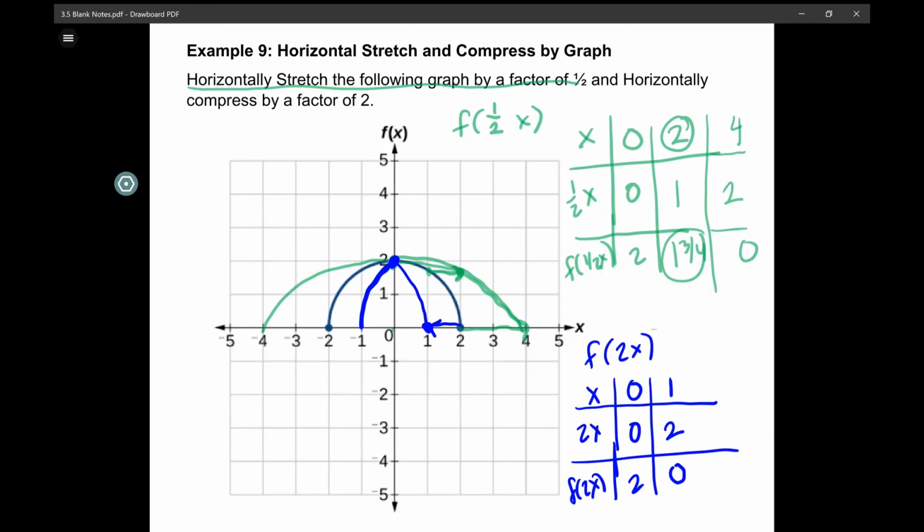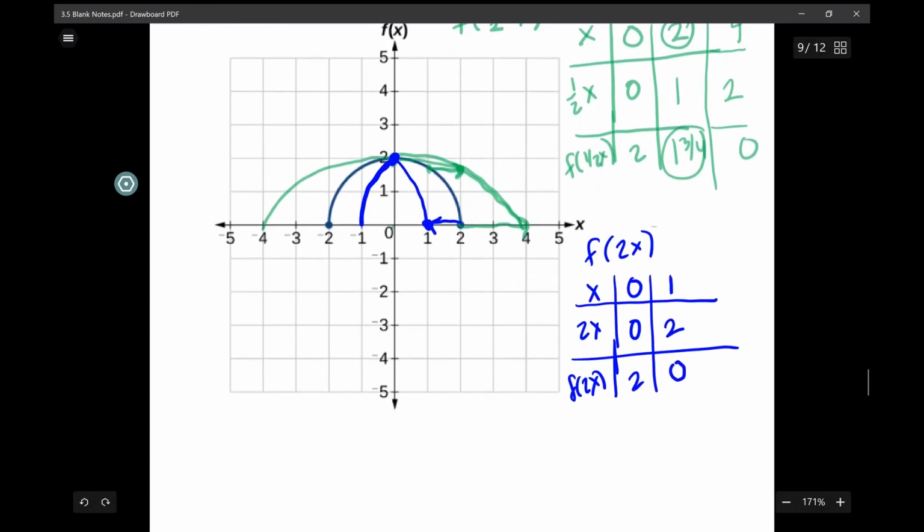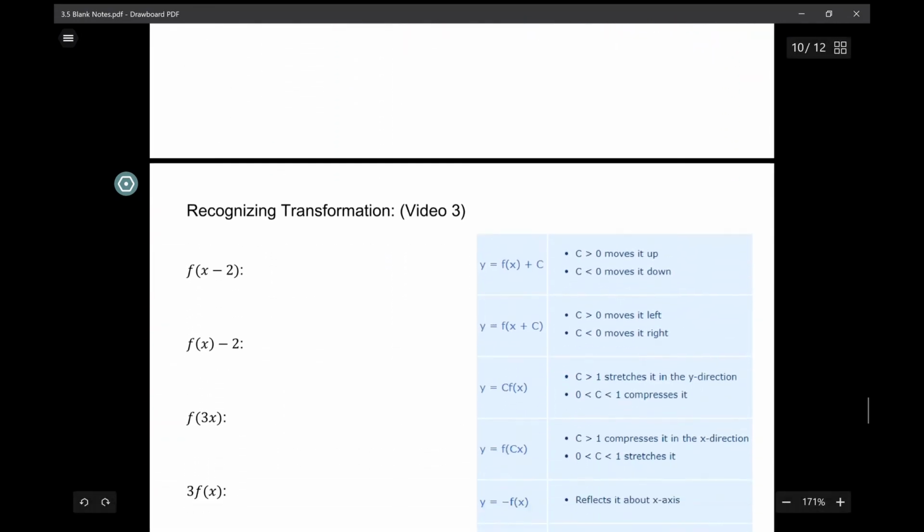These are a little tricky and take a little bit of practice. All right, so let's